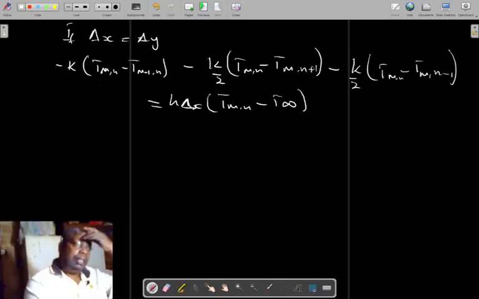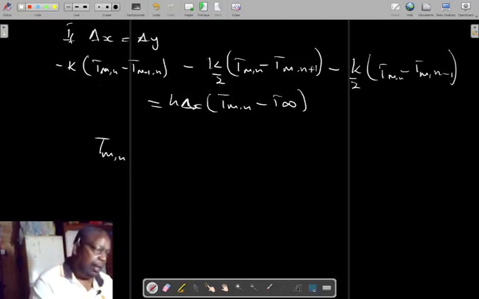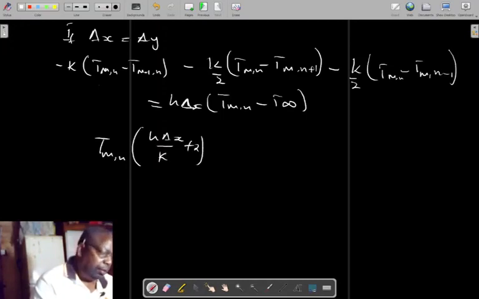By reorganizing and putting the right terms together, you'll get T M,N, H delta X over K plus 2, minus H delta X T surroundings divided by K, minus a half